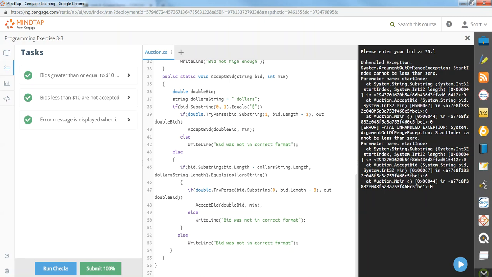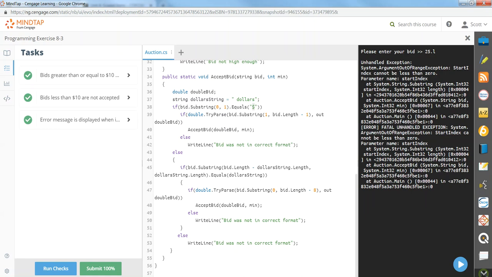So I would have to have more try parse in here, or I should have try catch on it to catch this bad data, catch these errors. I've got unhandled exception. Try catch will deal with that. And we're going to deal with those try catches later. But at this point, it's just parsing. And we're doing the try parse. Okay? So all I'm saying is we got through. If it's an int, we can handle it. If it's a double, we can handle it. If it's a string, only because the first character is a $ sign,